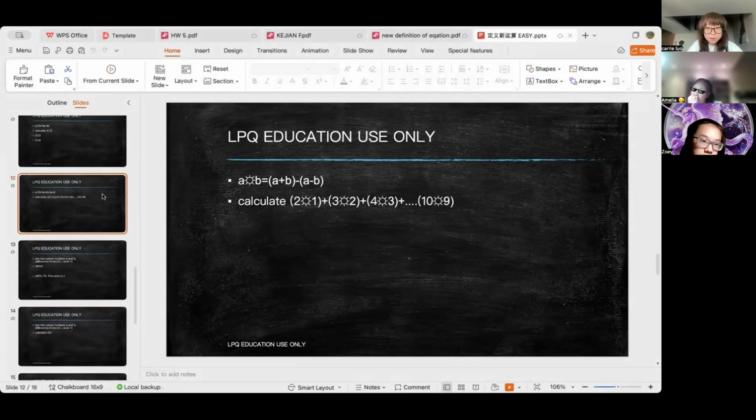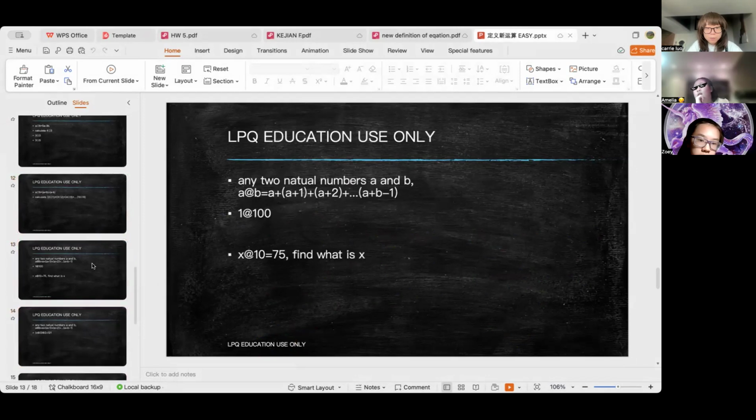Okay, so any two natural numbers, A and B. So what does a natural number mean? That means it does not contain zero, it does not contain negative numbers, there's no fraction, there's no decimal, they're just natural numbers, okay? A at B equals A plus 1 plus A plus 2 plus all the way to A plus B minus 1. So I want you to calculate A at 100 equals